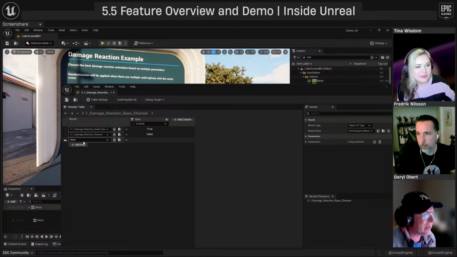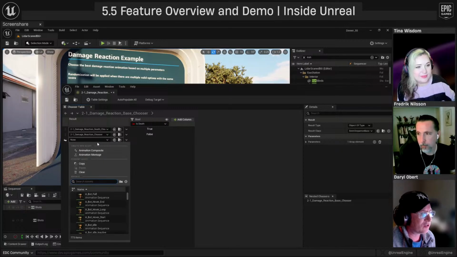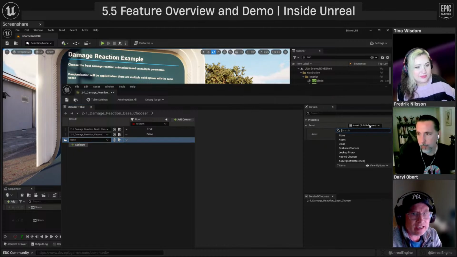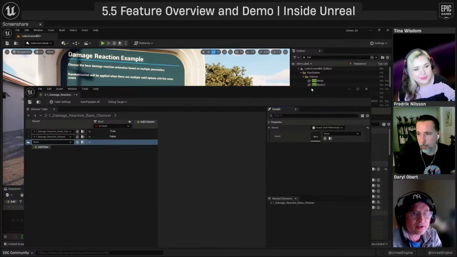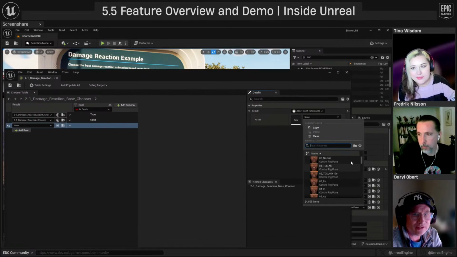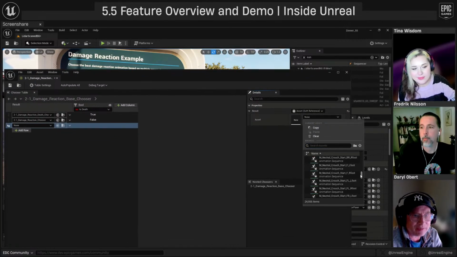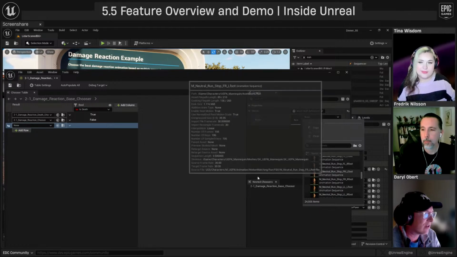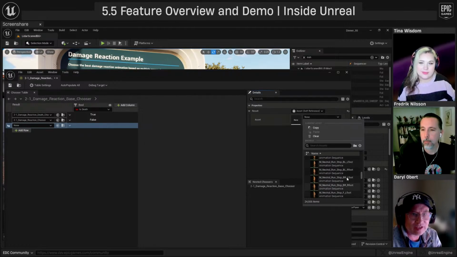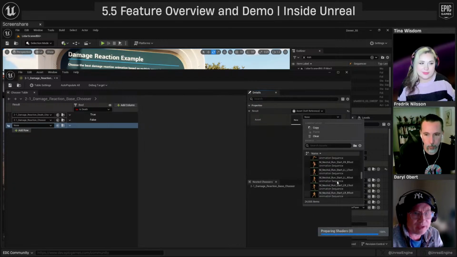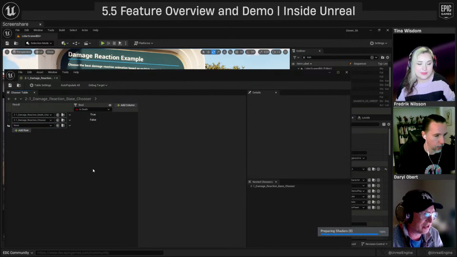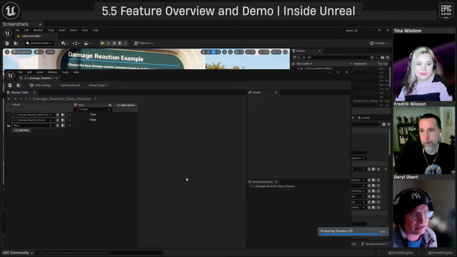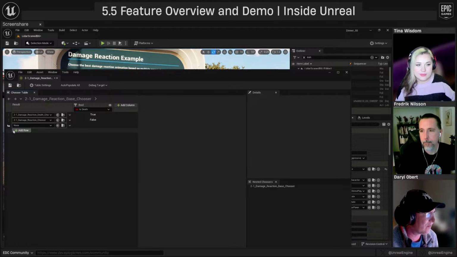And as I mentioned, it doesn't have to just be objects that are animation clip based. It can also be any asset. So if we look in our asset window, I've got to pull it over here. Sorry about that. You can see that it's not just clips. It could be sounds. It could be anything driven from a chooser. So just keep that in mind. I think most of the examples we have are honestly just using animation, but it is a very flexible system that gives you the ability to do more if you wanted to.